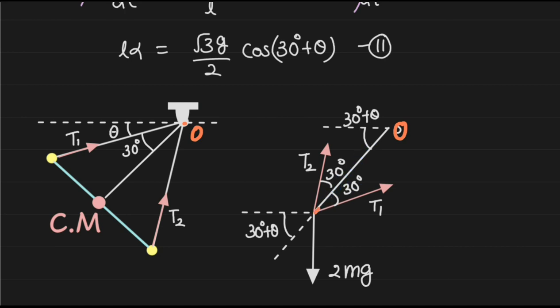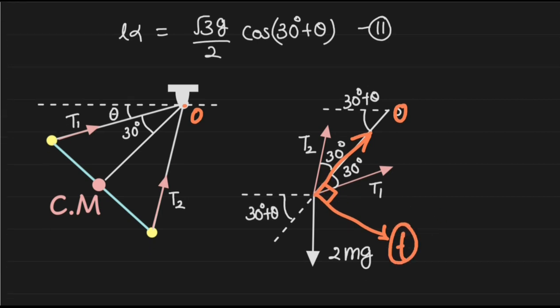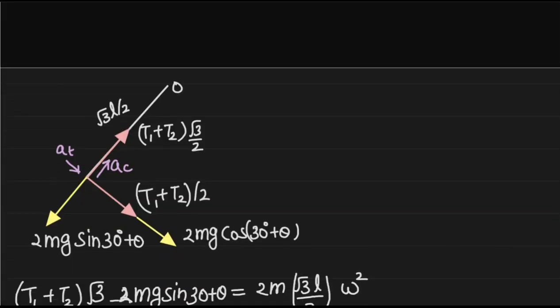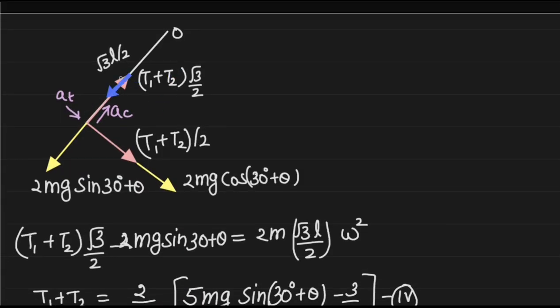The directions are this direction, that is towards the center, and this direction, that is perpendicular to it, that means this is the tangential direction. So if we take the component of these two, we will get this figure here, right? And the radius of this circular path of the center of mass will be equal to root 3 L by 2, and the component of tension forces, component of mg, that is all shown in this figure. You can figure it out very easily, right?